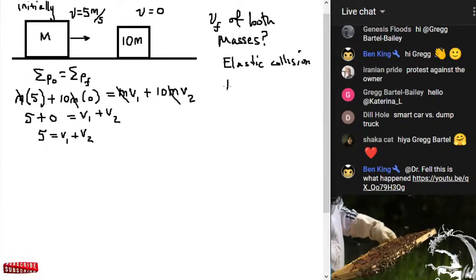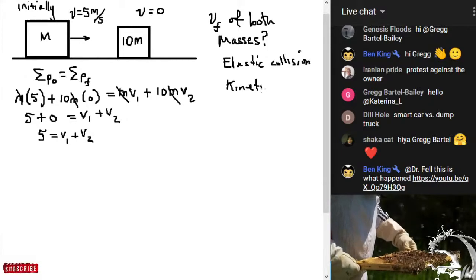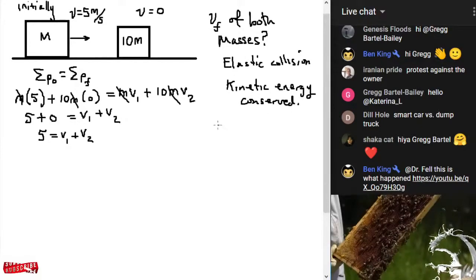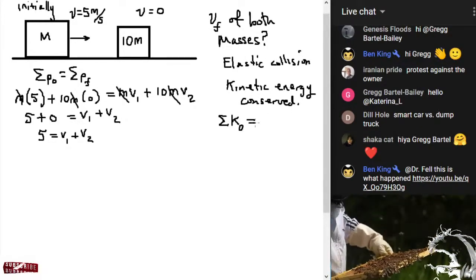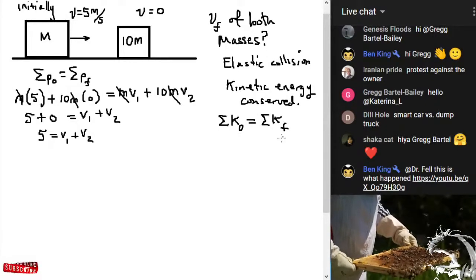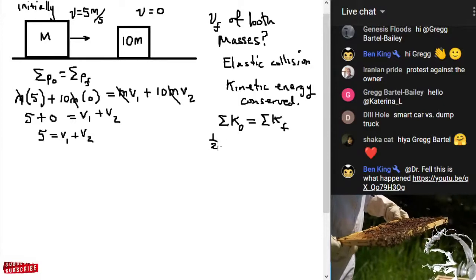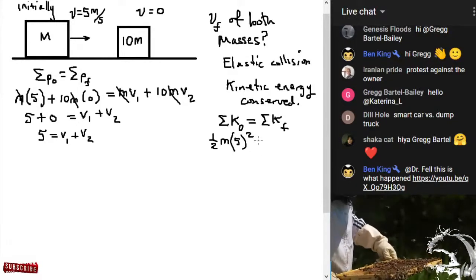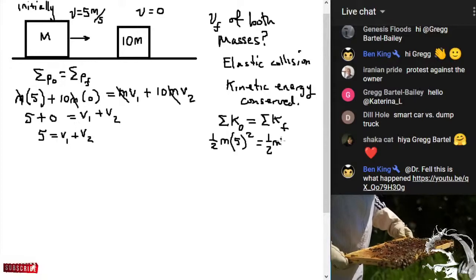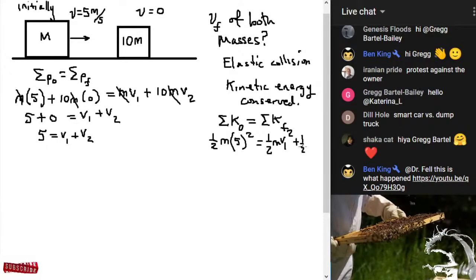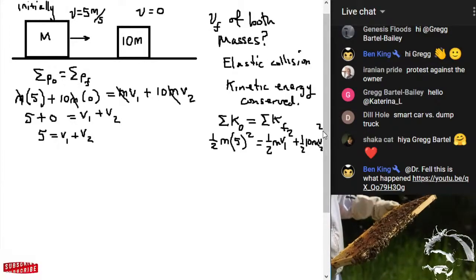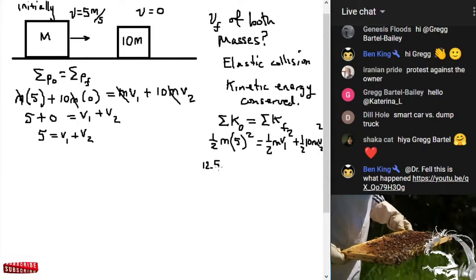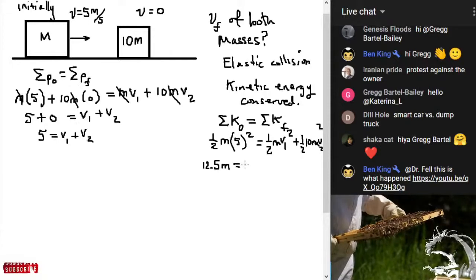So let's do that. Since kinetic energy is conserved, it is conserved in this, so that means that the sum of kinetic initial has to equal the sum of kinetic final. So what is the initial kinetic energy? It's 1/2 of the mass m times 5 squared. Afterwards, it's 1/2 m v1 squared plus 1/2 of 10m v2 squared. So we get 25 over 2, which is 12.5 m, equaling 0.5